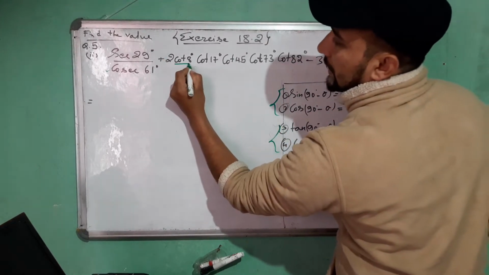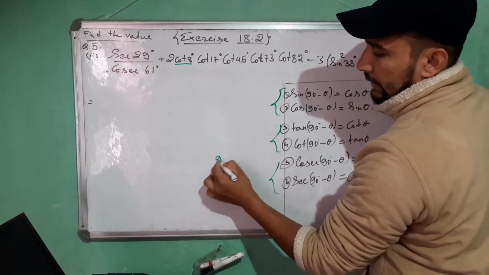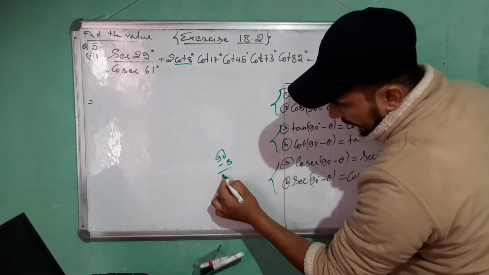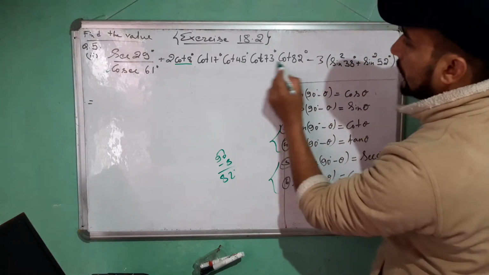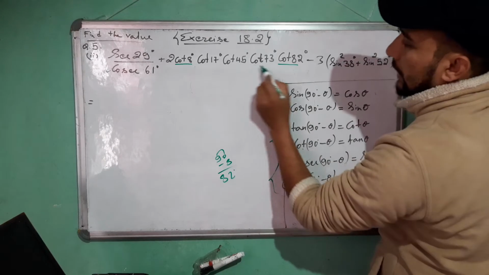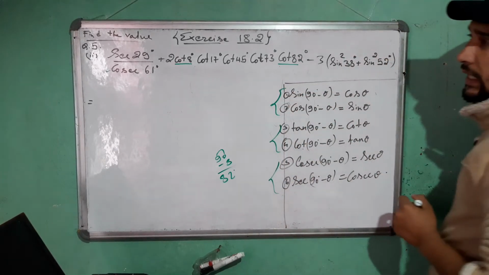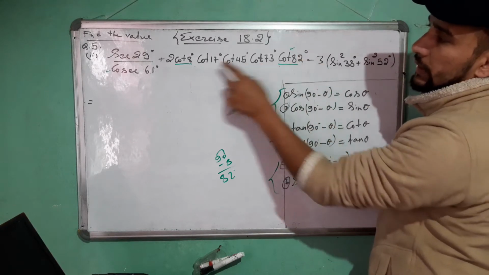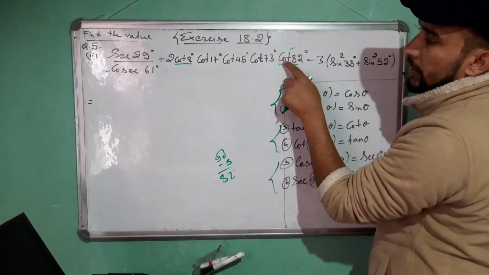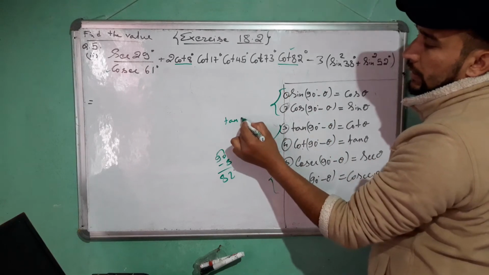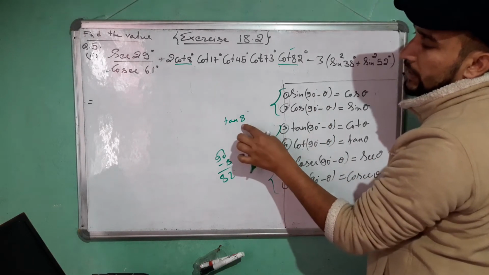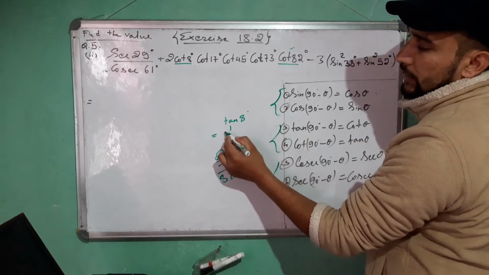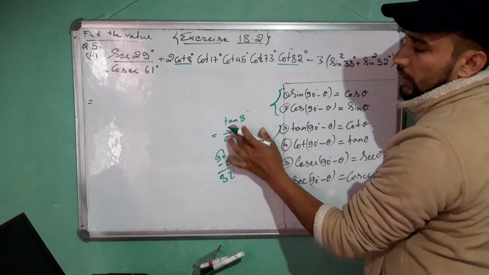Now cot 8 degree, complement of 8 is 90 minus 8. 90 minus 8 will be how much? 82 degree. Where is 82 degree? This and this, they have a complementary relation. So I'll convert this, since 82 is bigger than 8 degree. Here the complement of cot is tan. So we got tan 8 degree. Here we have cot 8 degree.